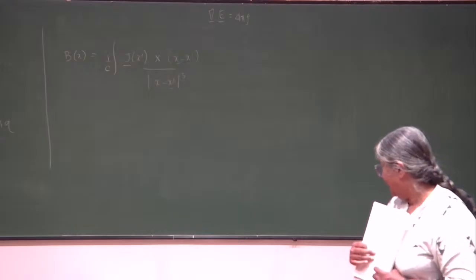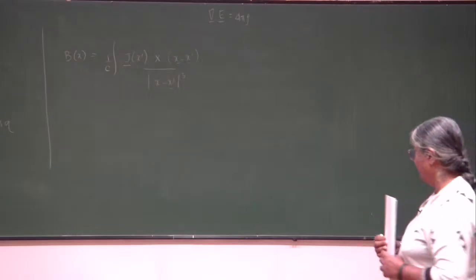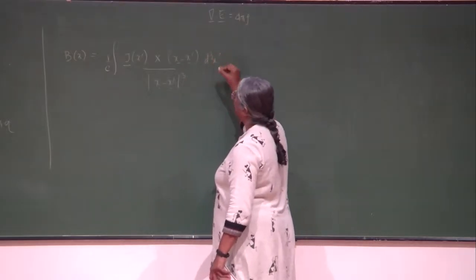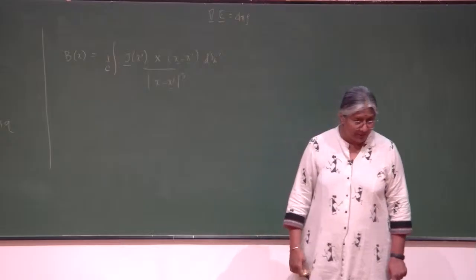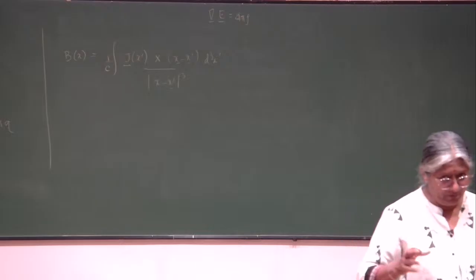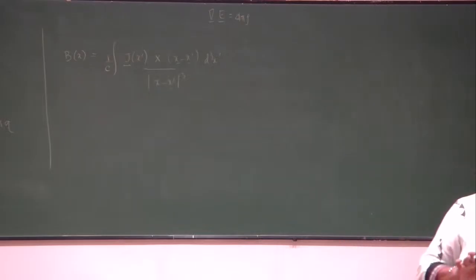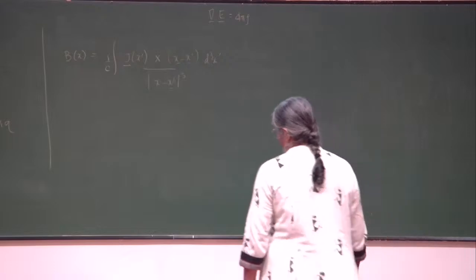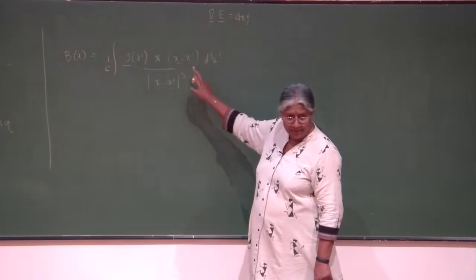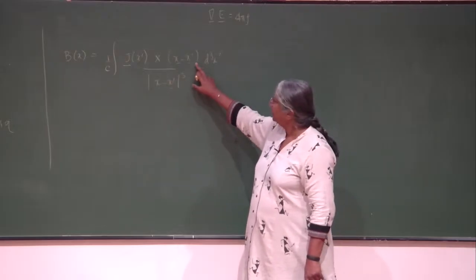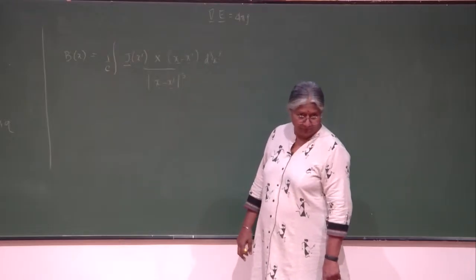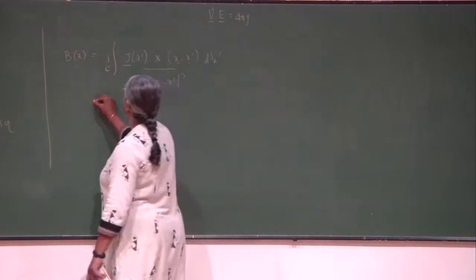Can anyone see? I have an A cross B, and do you know the property of, what is the right hand side a function of? X, right? Everyone, x prime is a dummy integration variable, right? So it is a function of x, but the integration variable is x prime, so it is not integrating over x. Can you see that the derivative of 1 by x minus x prime is exactly minus of this quantity, right? So I can write this as